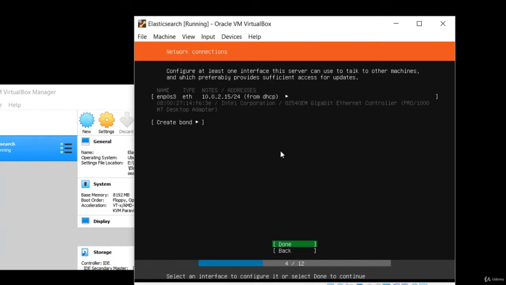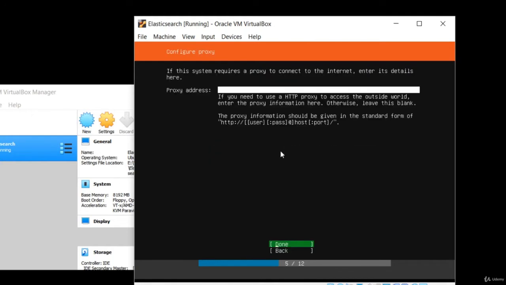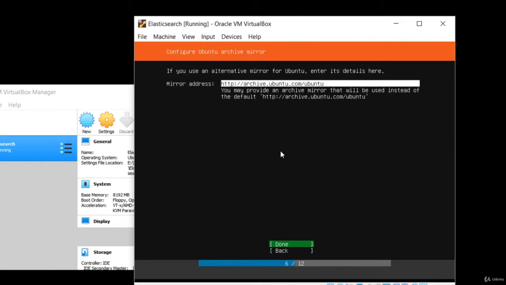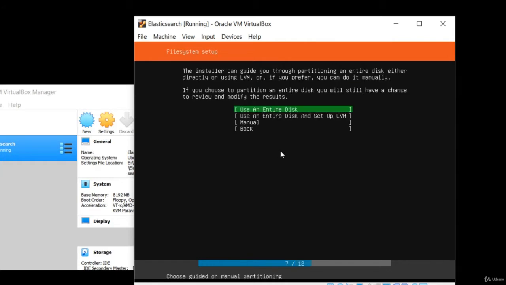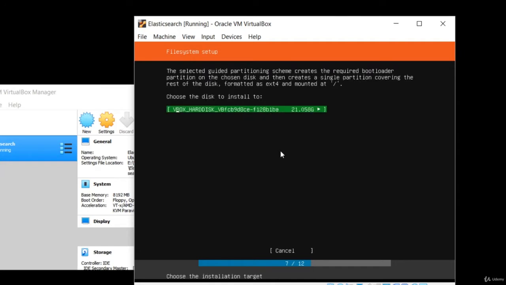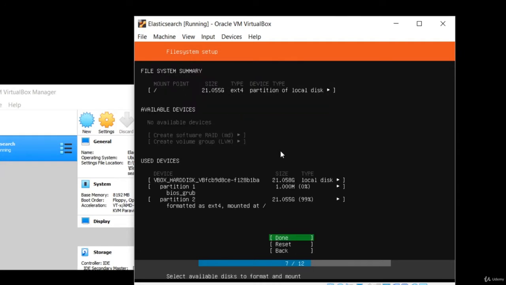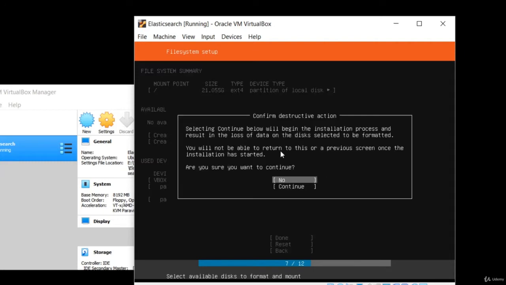And that should be fine for the network configuration. We do not have a proxy server, so again hit enter to skip past that. The default mirror address is fine, hit enter. And we will use the entire virtual disk. Remember, this is the virtual disk we're setting up. There's no risk of actually corrupting our main operating system disk here. So hit enter again. And one more time. And everything looks fine, so hit enter again to accept the done selection there.